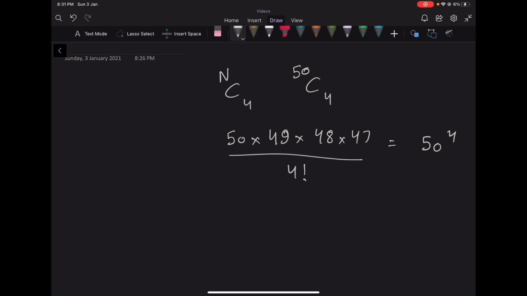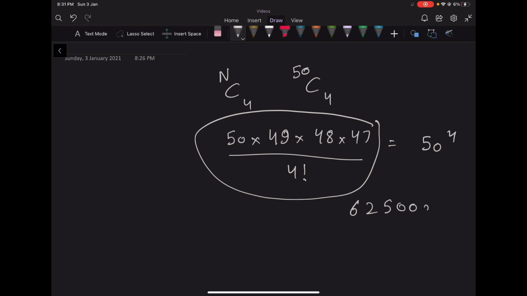Even if we take it as 50 raised to 4, and we know that the actual number is much lesser than 50 raised to 4, this will be around 6250000, and we know that this can actually work. This number is not that big, and we can simply brute force or try all the subsequences of length 4. So we will use backtracking for that.